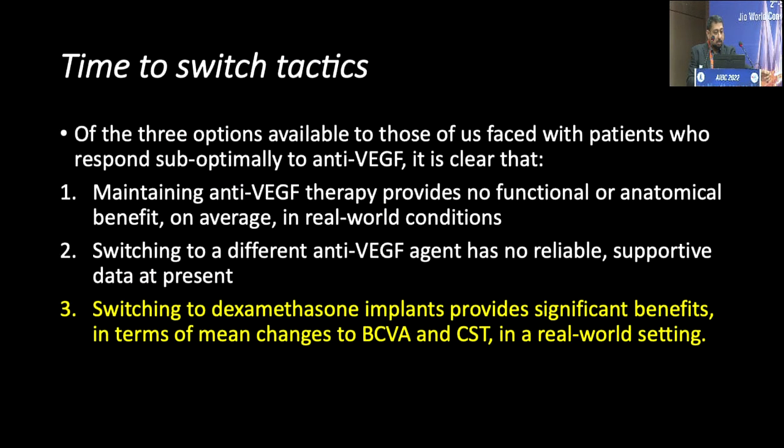So what is a switch? It's a time to switch tactics basically. Is it good to continue with the same anti-VEGF? The studies don't support that. They say it's not very great. Is it good to switch to a different anti-VEGF? Yes, but the data is not conclusive enough to say that it is great. There are multiple varied studies, different protocols, different time periods, different interventions. Dexamethasone switch is